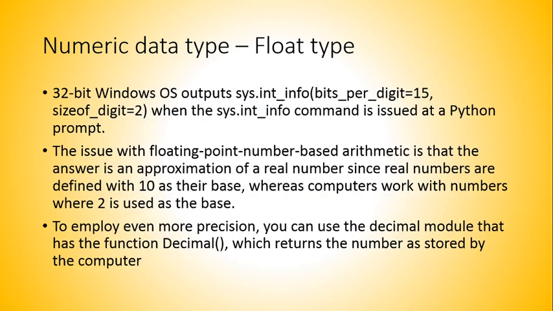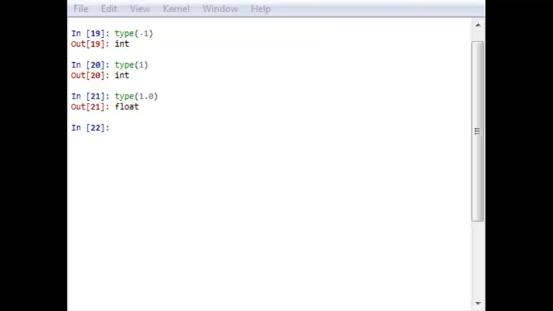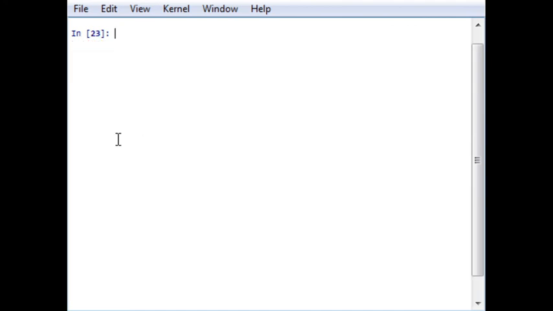Let me write this command on our Python platform. As we do every time, first we will clear this command window. Now, for implementing this function, we first have to import